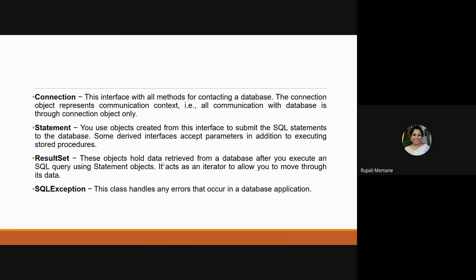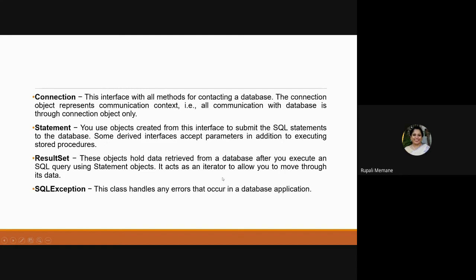Fine. And in between all this, the connection, statement, result set, I'm going to fire the SQL queries. All the SQL queries which you have previously done, you need to know them thoroughly. Because if I ask you, okay, retrieve this data for me, and you don't know the query, you're not going to understand anything. Even if you know Java, if you don't know SQL, how are you going to connect it? So the query.